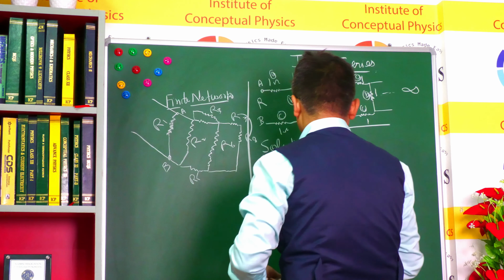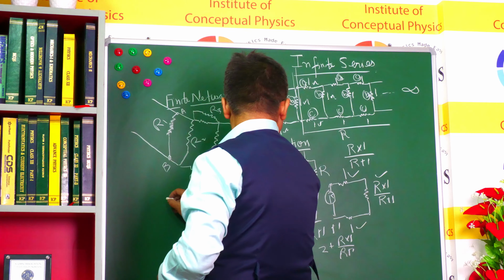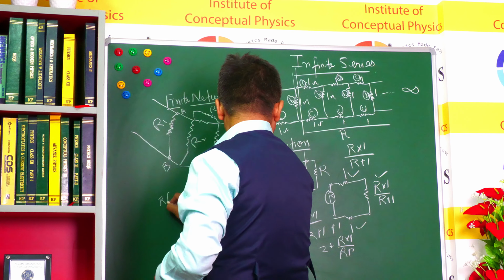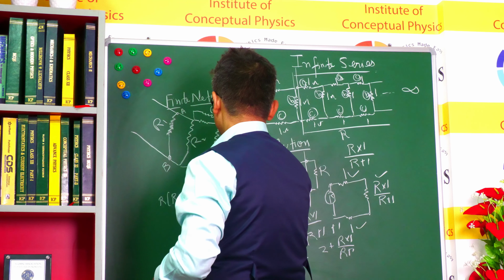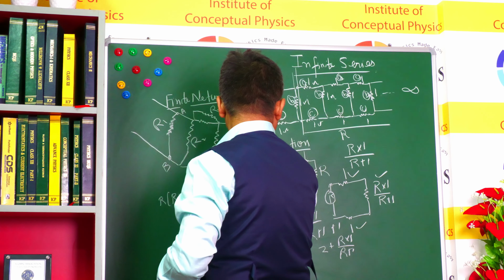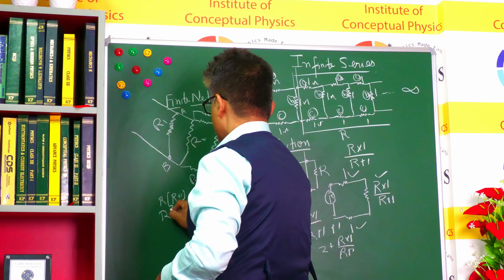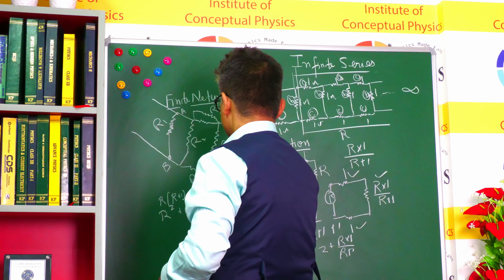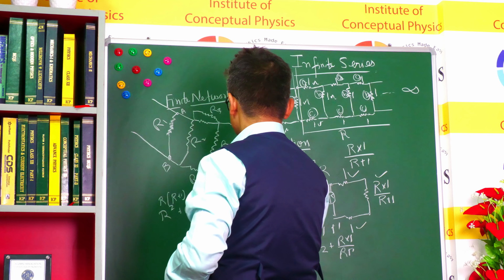And if you take the LCM of these two, what you get is, R into R plus 1 is equal to 2 R plus 1 plus R, and this is your R square plus R is equal to 2R plus 2 plus R,